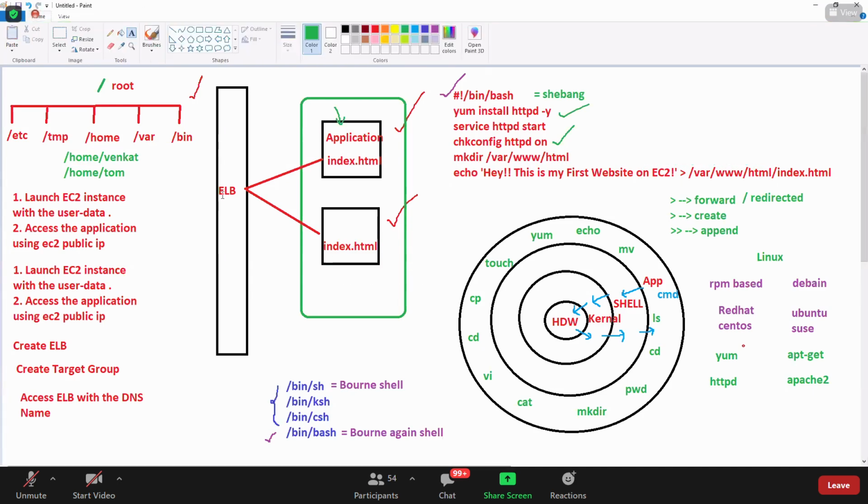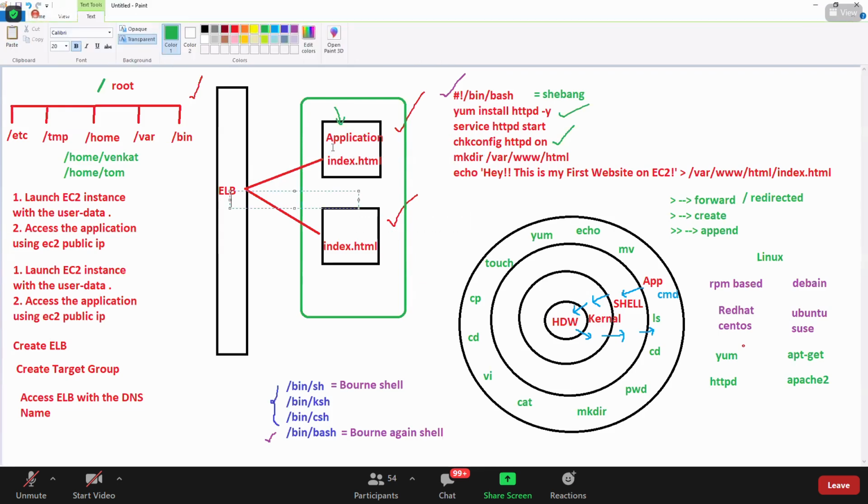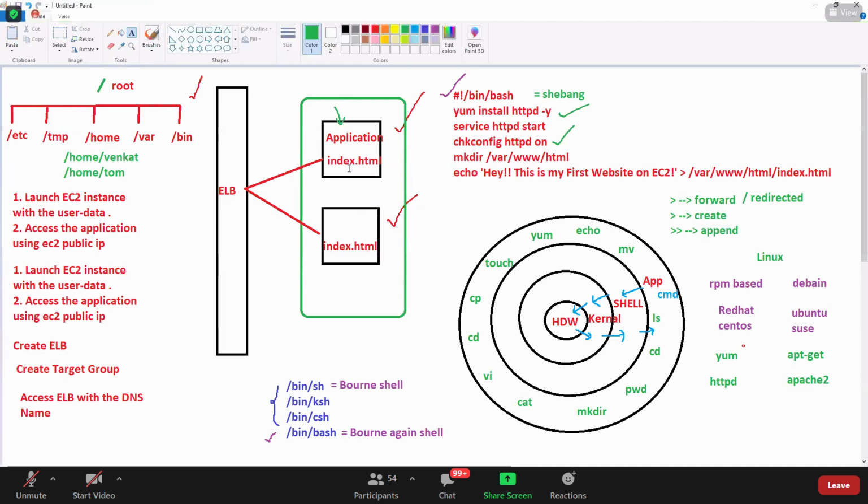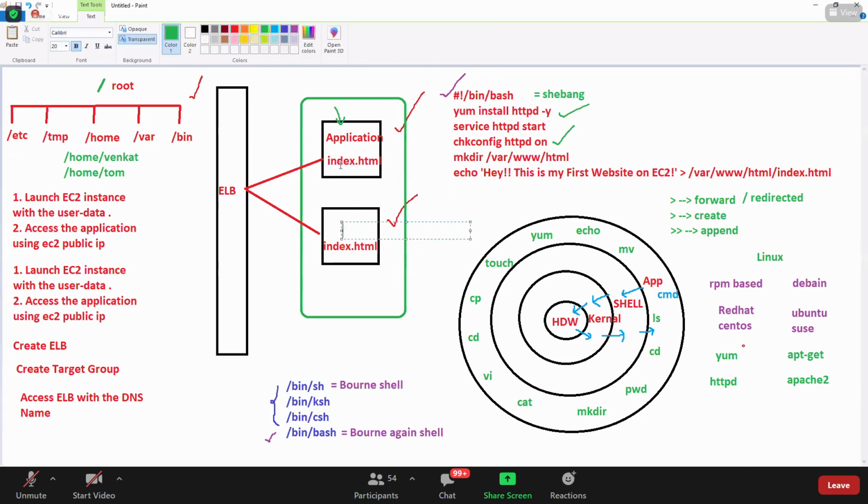And then whenever we try to access from the load balancer, automatically one request will go to server 1, one request will go to server 2. I just wanted to show how it is load balancing. But in real time, it should be the same. Here, just for fun, I'm putting server 1 and server 2. Is that okay? Did you understand that logic?